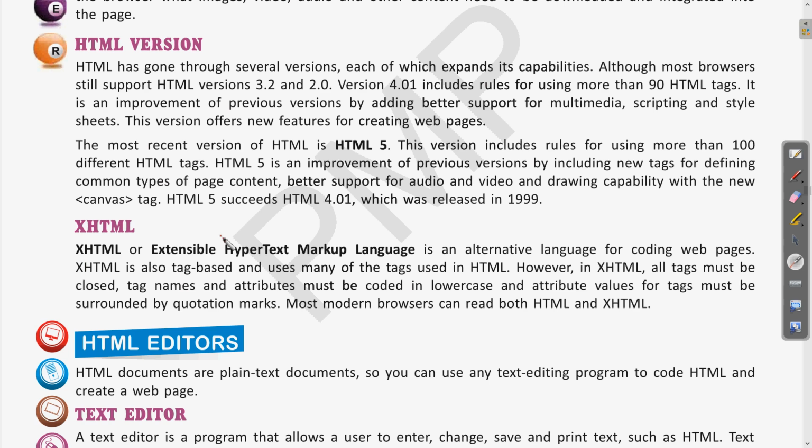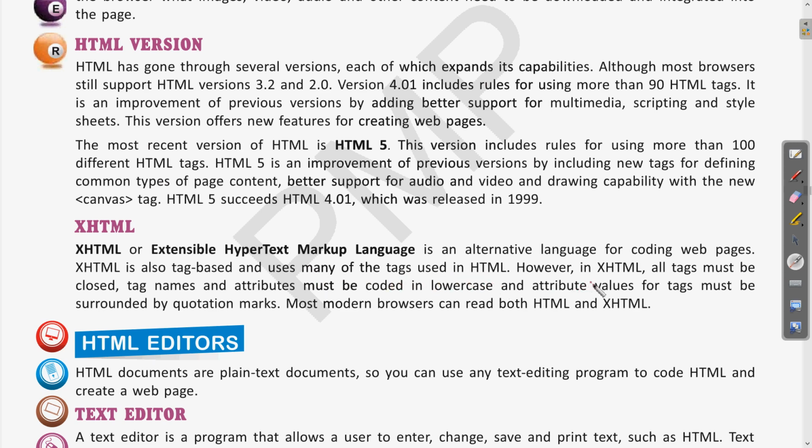So in HTML we can incorporate the XHTML features also. Whatever web page we design, there are basically multiple elements of the web pages. A few of the things can be written in one language, and some other part will be written in some other language. So these web pages have multiple elements, which can be written in different languages also. XHTML is one of them, an alternative language for coding web pages.